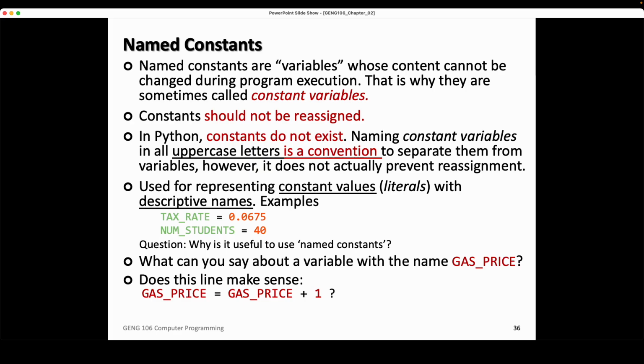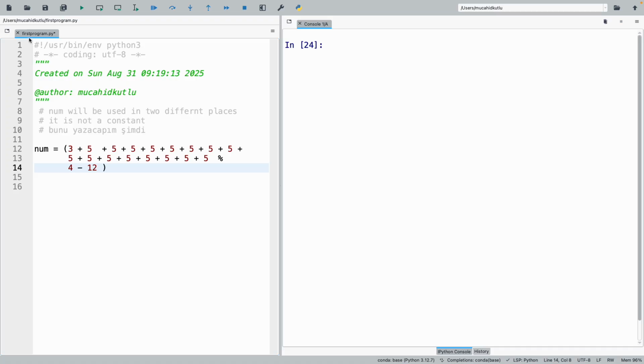So the programming language should not allow that. It shouldn't be reassigned. Let's say I have this variable x here, and I said that it is 5. If it was a constant, then when I try to reassign another value,